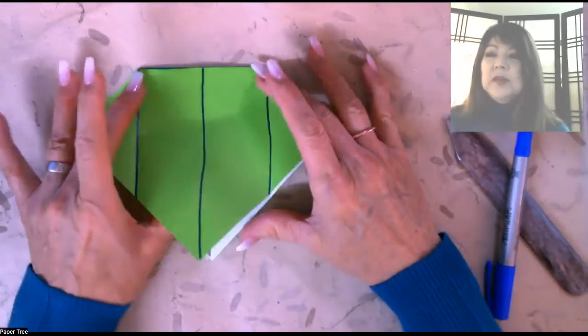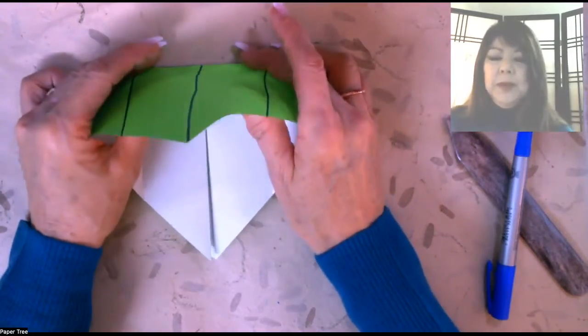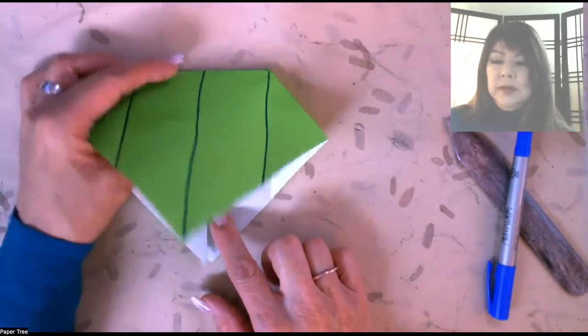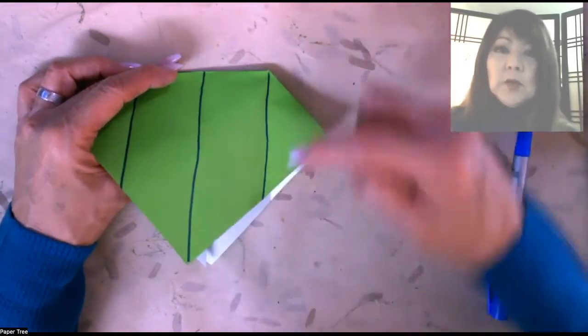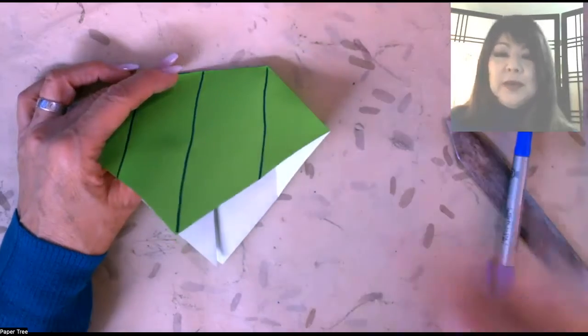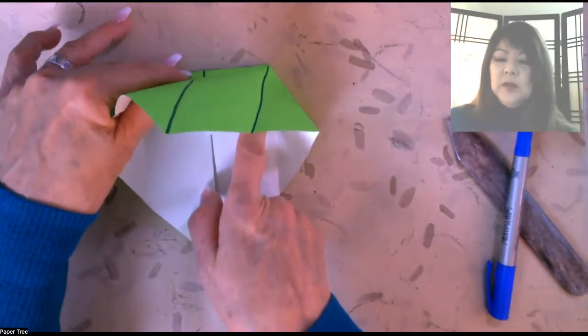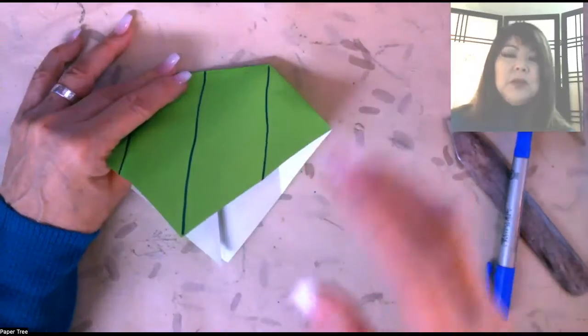What we're going to do is lift up this top layer. You want to pop it open like this, and then this whole point goes inside, reversing the direction of this fold. So that crease line that you've made is your guide. Underneath, you'll see that this is already a valley fold, but you're just going to have to reverse this one,